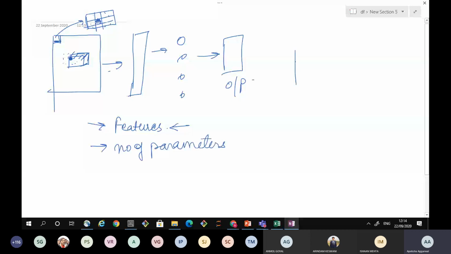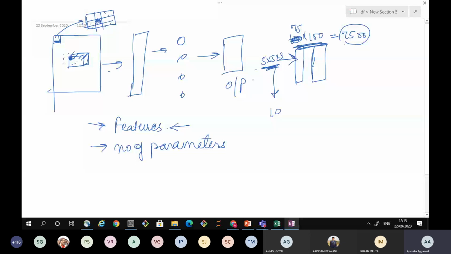You have already seen that if I'm flattening this image and putting some neurons, so 100 neurons on a flattened layer, how many connections are there? For a 5 cross 5 cross 3 image, there would be 75 values after flattening, so 7,500 connections. But image size is generally 1000 cross 1000 in real life, so it would be something like 10 to the power 6 values, and so many connections. To avoid this, we do convolution.